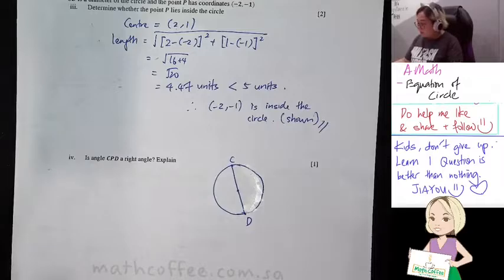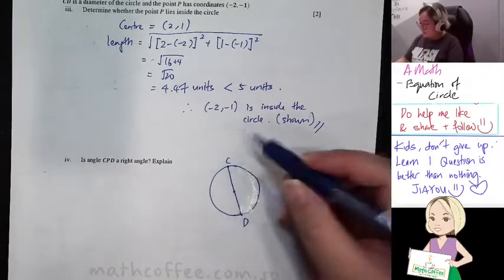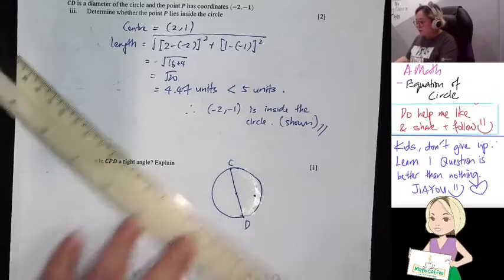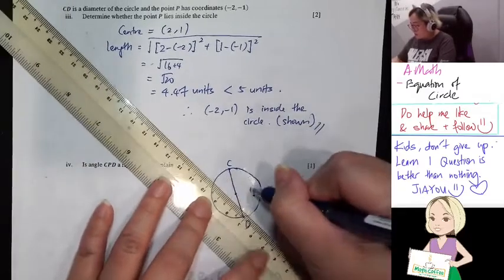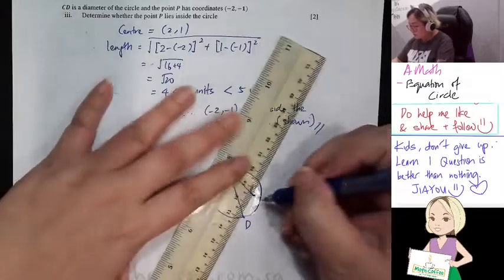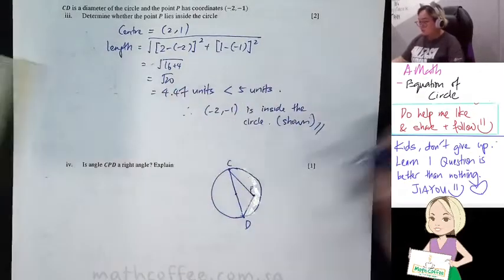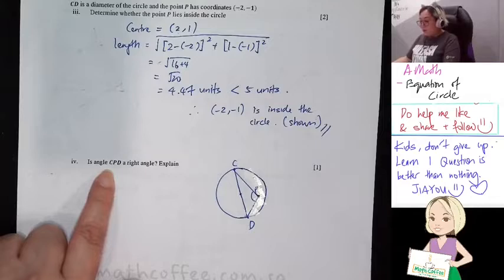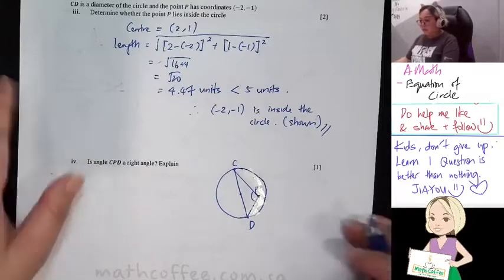Now, for (-2, -1), I have confirmed that it's inside the circle. So just randomly put it here. If I'm going to join them, this is point P. They're asking you whether this angle over here is a right angle. So you need to know